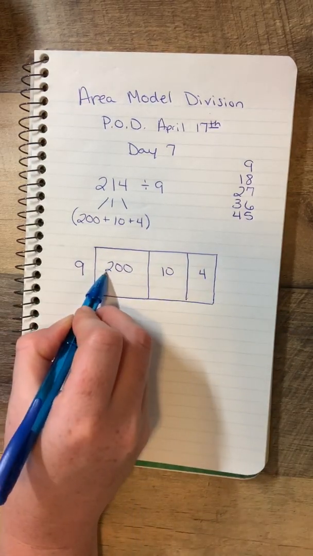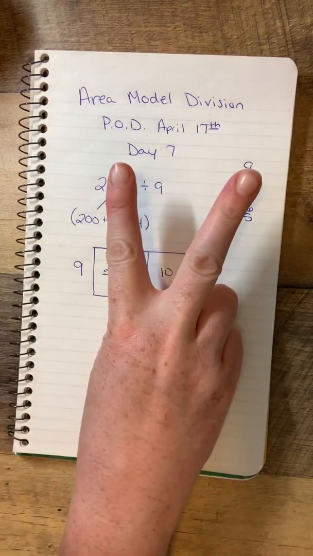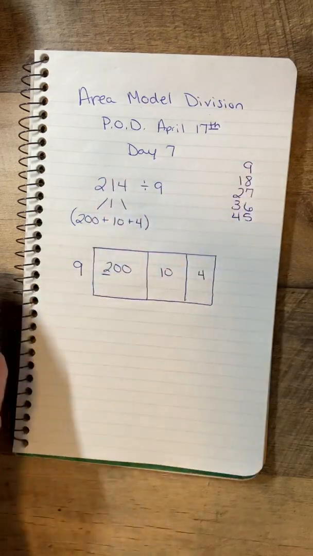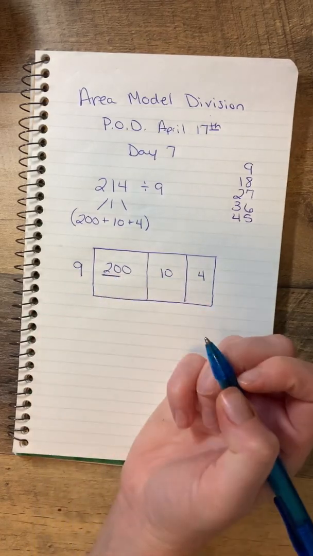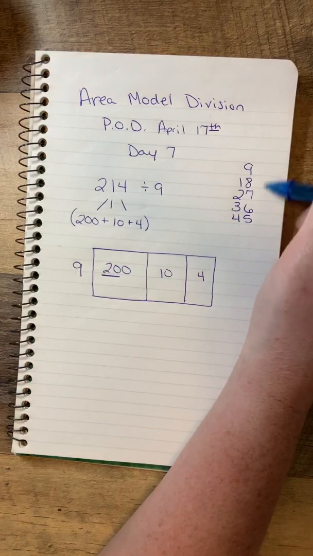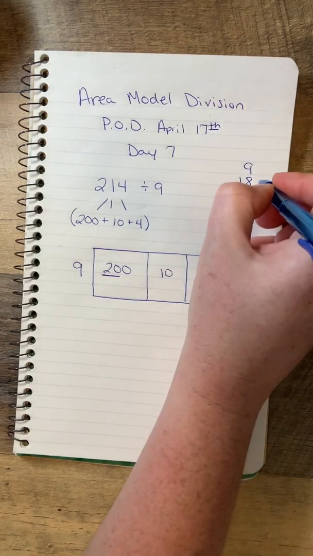we're going to say, does 9 go into 2? Well, no. If I only have 2, I can't take away 9 from it. I can't pull out a group of 9. So I have to ask myself, does 9 go into 20? Well, of course it does, because 20 is greater than 9. So I come over here and I find my multiple that's close to 20 without going over. And it would be